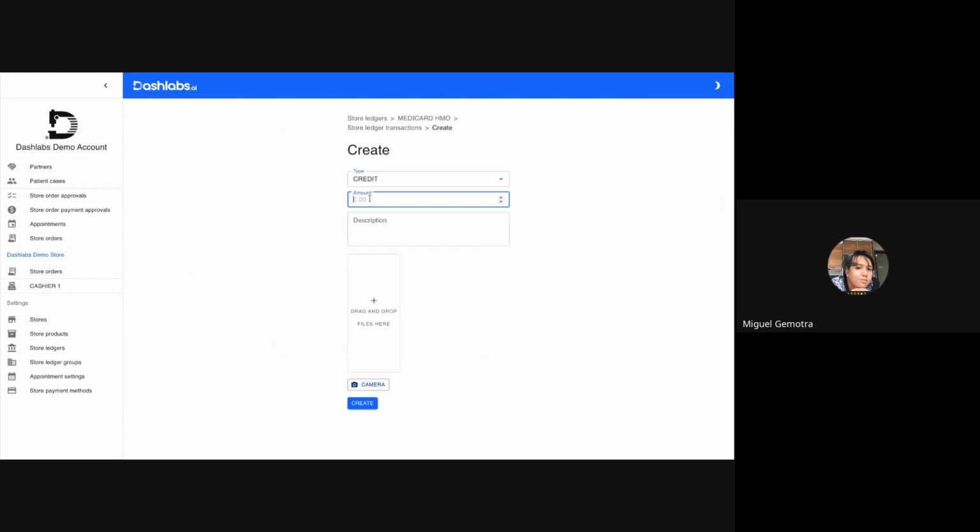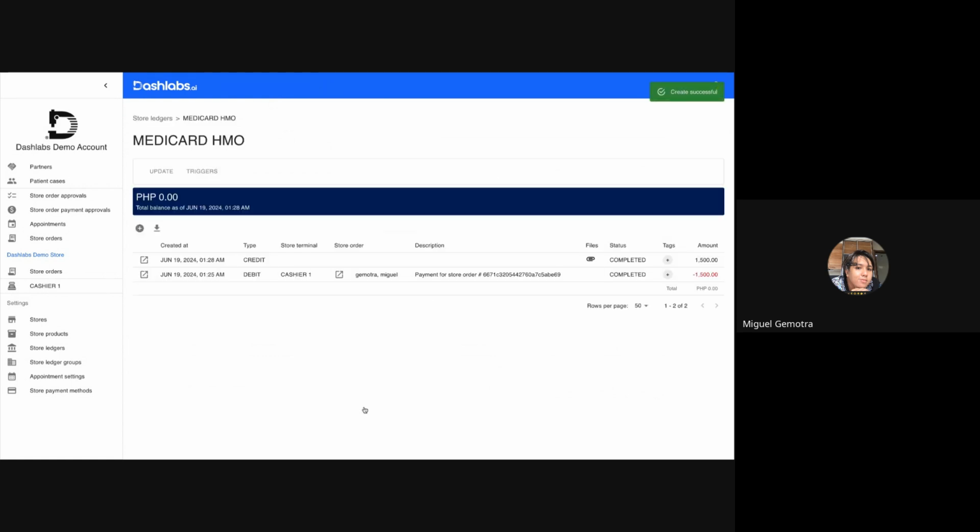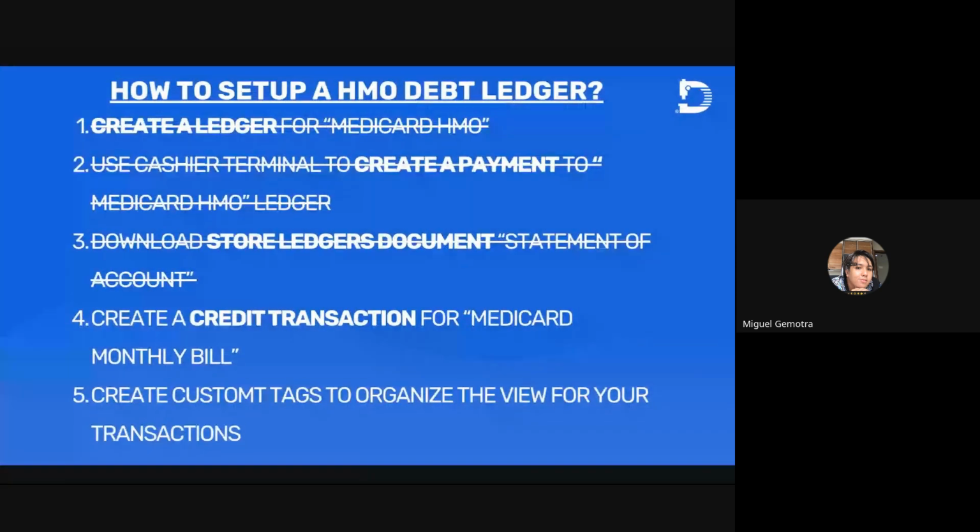The amount, proof of transaction, and click create to save. And once saved, as you can see, the debt amount clears up from minus 1.5 to total 1.5. That is how you create a credit transaction for your ledgers so that you're able to track payments made to